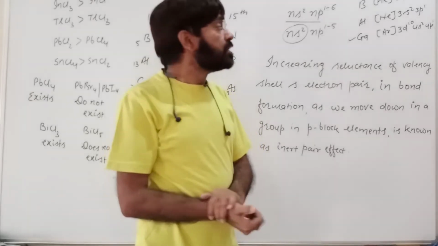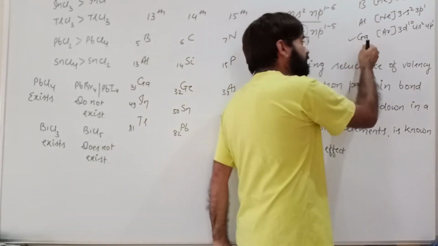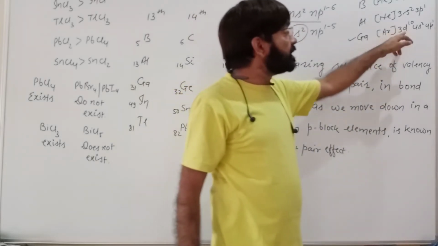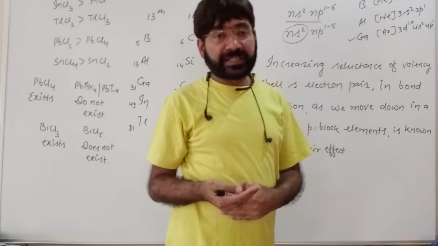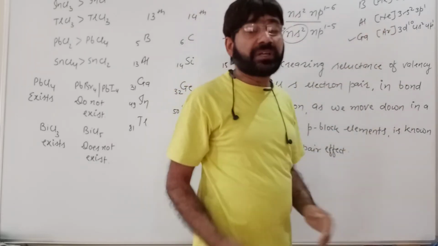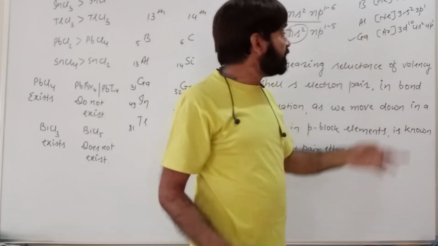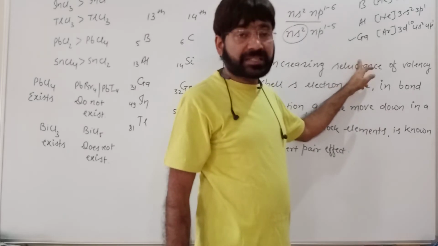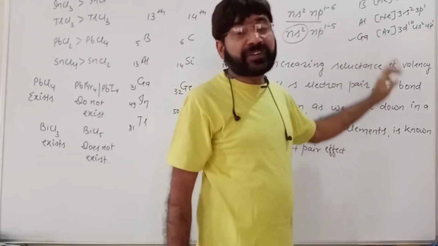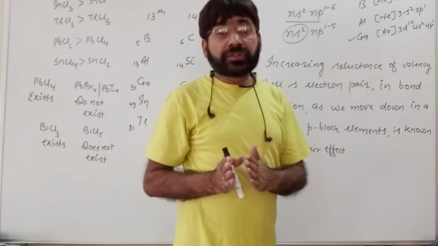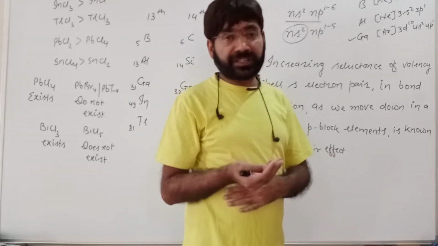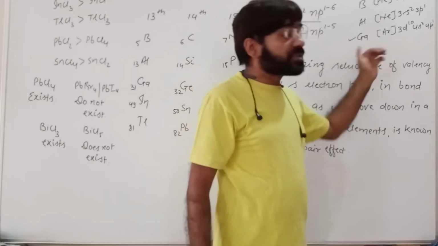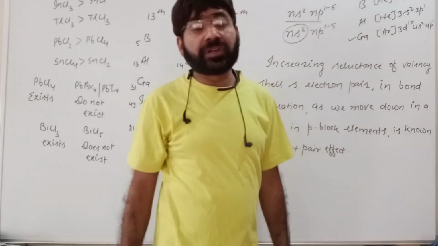Got my point? So when we move to the fourth element, we find that this contraction in size will be because of 3d10 as well as 4d10. So here the percentage increase will still be lesser. And when we talk about the last element, that is thallium, what will we be finding? There will be the effect of 3d10, 4d10, 5d10 and 4f14. And that is why its percentage increase in size will be the least.